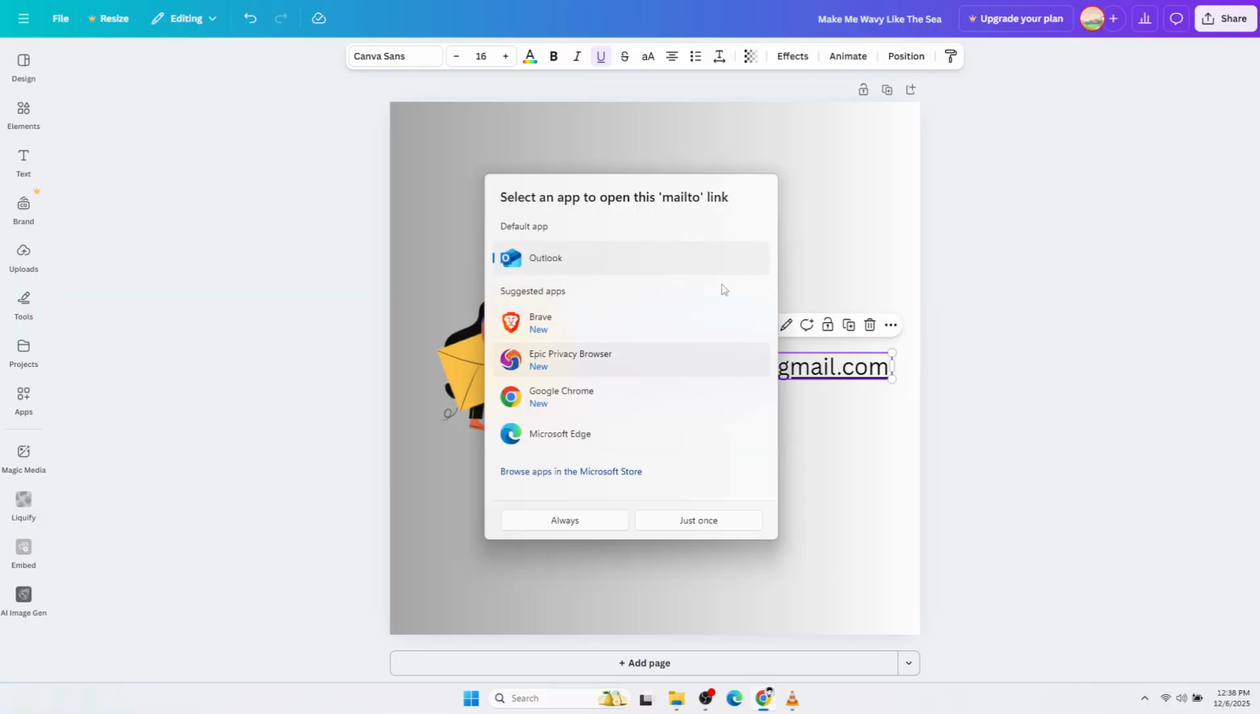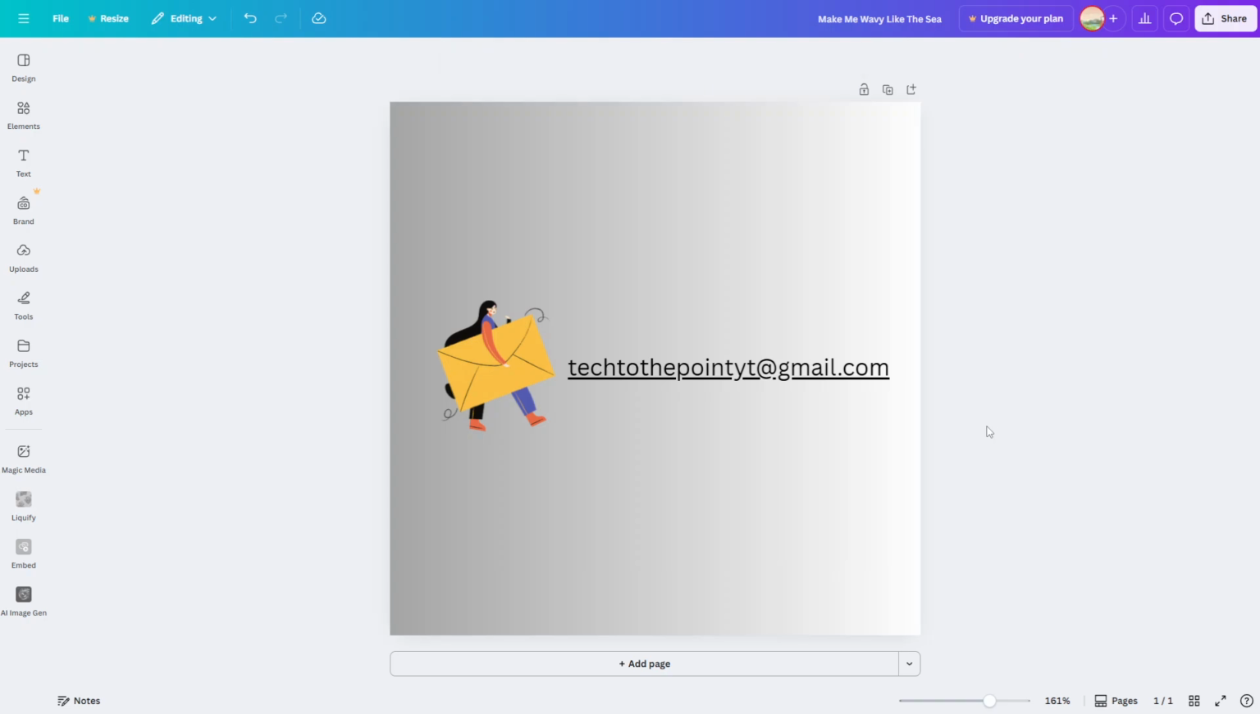And that's it. Your text is now hyperlinked. Whenever someone clicks it, their default email app will open, ready to send a message straight to you. This quick trick makes your designs not only look good, but also work smarter by giving people an easy way